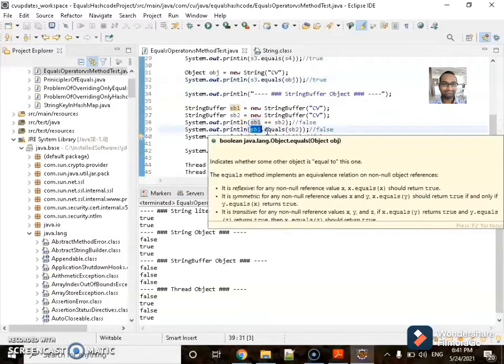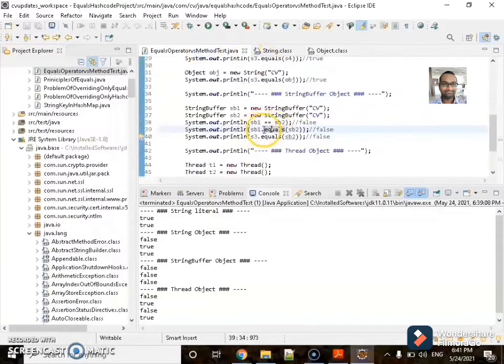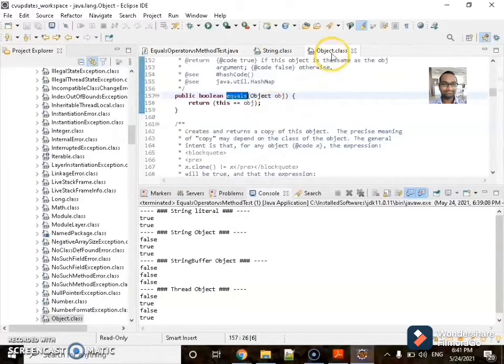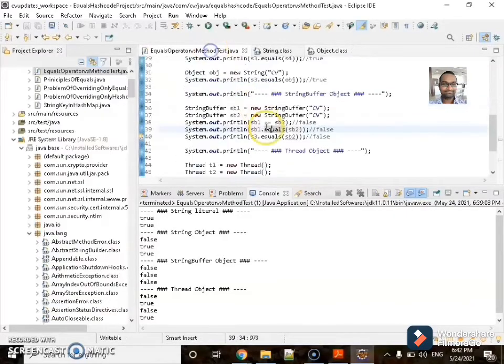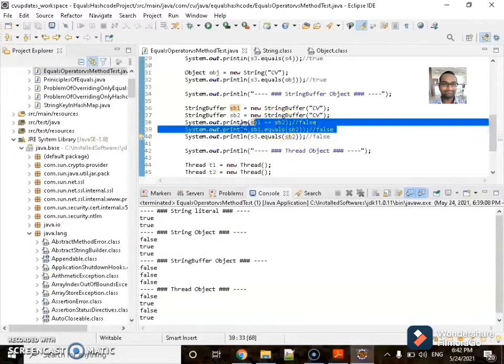So let's go to the string buffer. If I click on string buffer equals, it goes to the object class equals method, and the object class equals method by default compares this versus object with the help of the equals operator. So that is the reason. This means that string buffer doesn't override the equals method, so that is the reason we are getting false for this one as well.